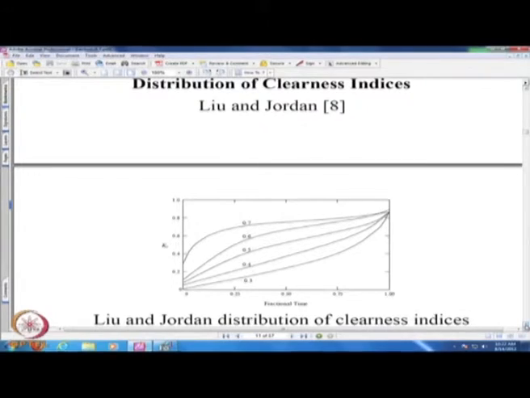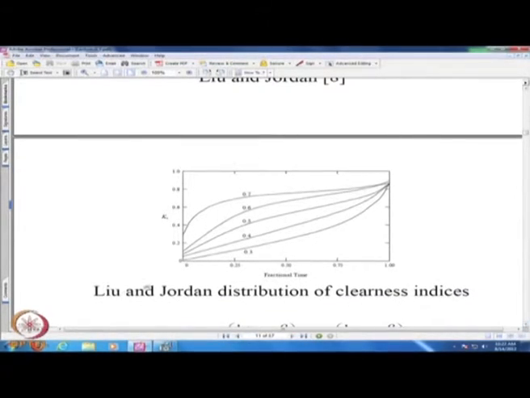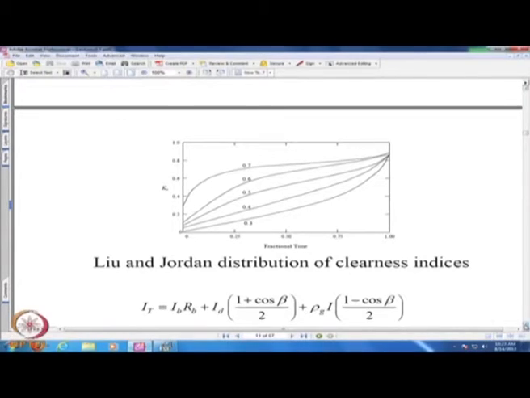If you discretize it in terms of 31 days, you may have day number 1 to day number 31, and each ordinate will represent the clearness index of the day. So, given the monthly average clearness index as 0.5 or 0.6 or 0.7, whatever, one can find out 30 clearness index values pertinent to each day of the month. What we really do not know is the sequence in which it occurs, but nevertheless we are likely to get the likely daily clearness index values which will occur had the average clearness index been something.